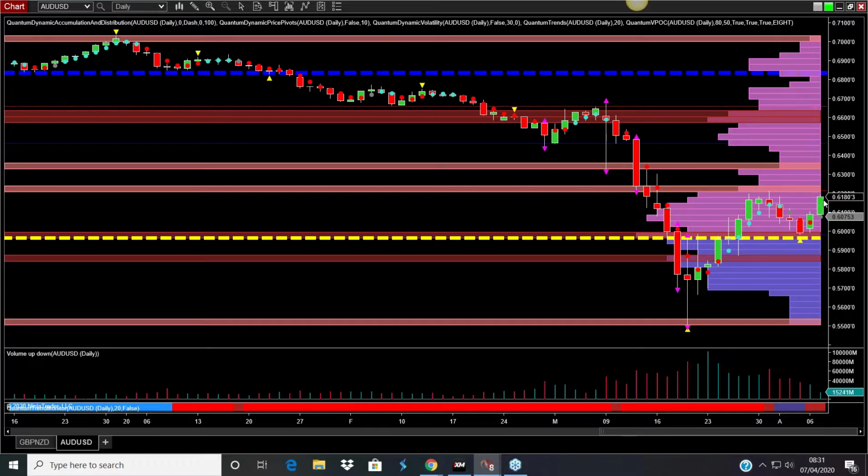And by the way, the dollar is also being sold because, all things being equal, if equities are rising and shares and the indices are going higher, you would expect the dollar to be sold. The dollar tends to be bought when there is financial stress in the market. It's also a safe haven currency. So this is what we are looking at in the daily chart. The Aussie dollar is going up.